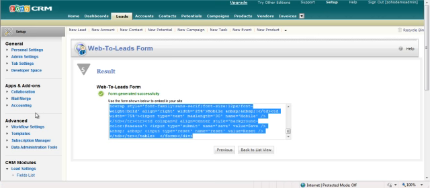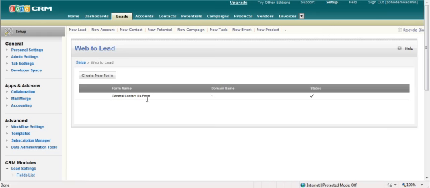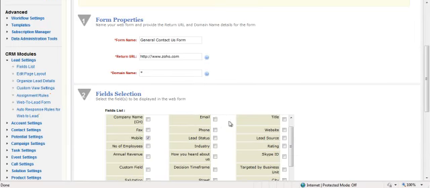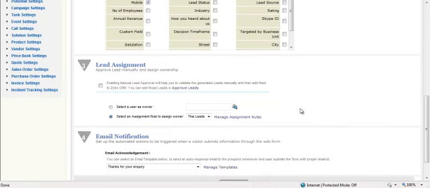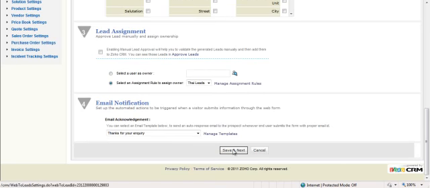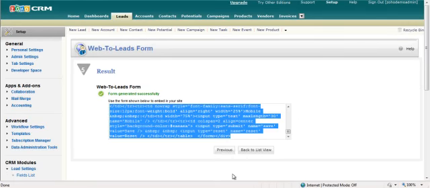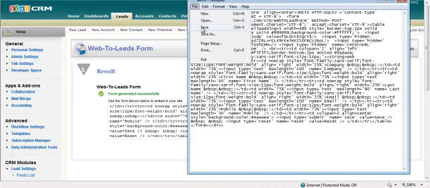I simply go back to the web to lead function, and this time I don't need to create a new form because it's done already. I simply edit the form that we used before, and this time I want to include the email field, so I check the email field and everything else will remain the same. I just click save and next. I copy the regenerated code, now overwrite the previous code, save it,